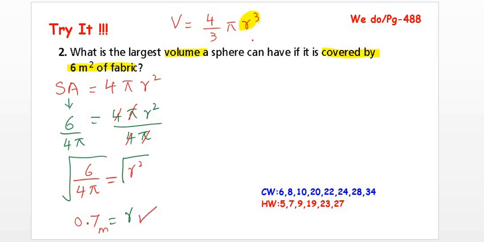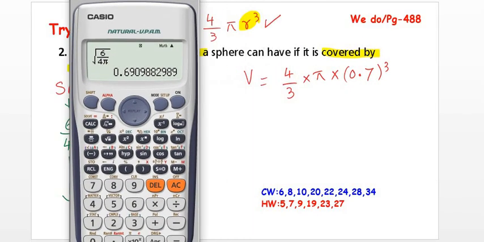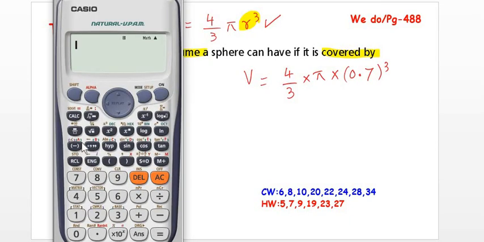Now we can use this value of the radius in this formula to find the volume of the sphere. So it is going to be 4/3 times pi times the radius cubed, that is 0.7 cubed. Now how to put these values into the calculator? First of all, you can write 4/3 as a fraction, then bring the cursor here, times pi. So shift, and this is the key to write pi, and then times 0.7, and you have to cube it. So press this key and write 3 over there, and finally our answer will become